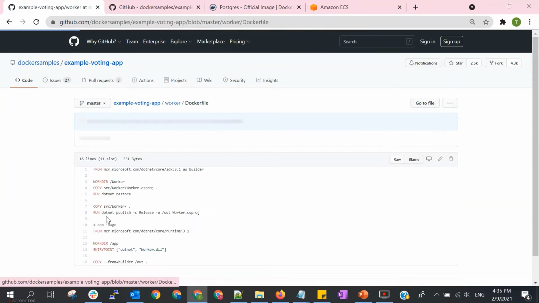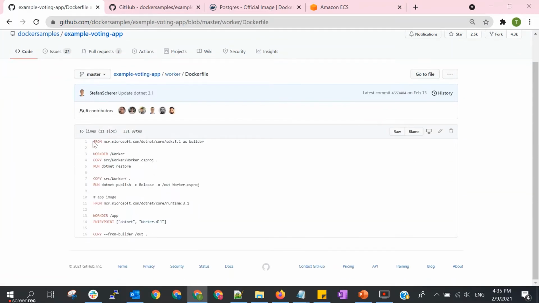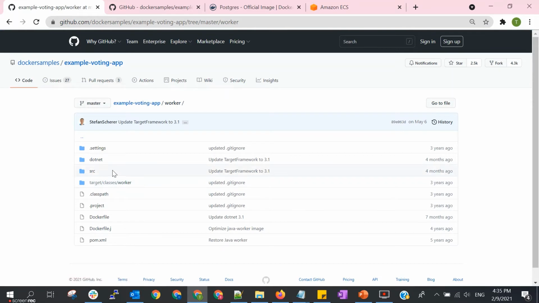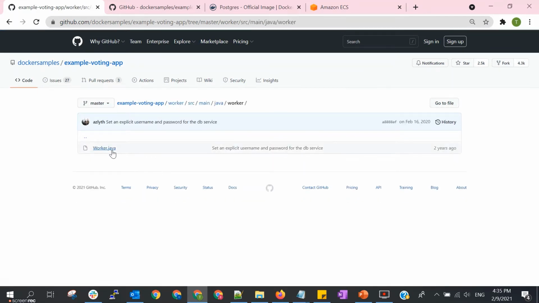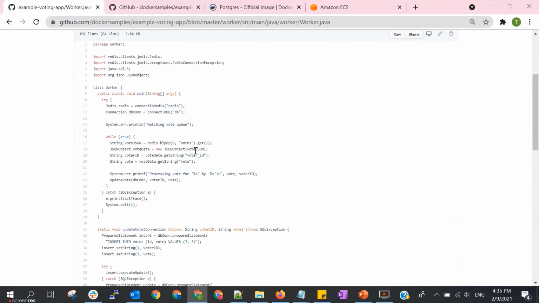You can see the Dockerfile here, with the base image it is using, the source code, some commands to run, and so on. If you want to see the source code, it is from this src folder, and this is the source code.